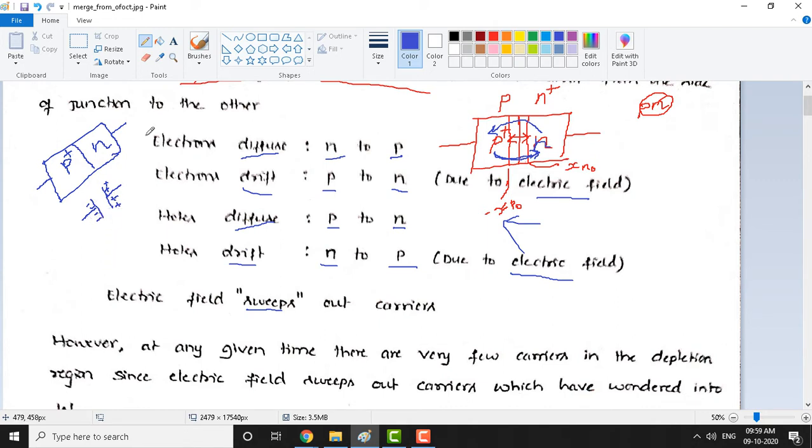In a parallel plate capacitor, now I want to ask you a question. Do you see any charges in between the plates? Because what do you mean by a parallel plate capacitor? We have two plates here. This is one plate, this is another plate. In between them, what do you see? It's a dielectric, right? This region is made up of dielectric.